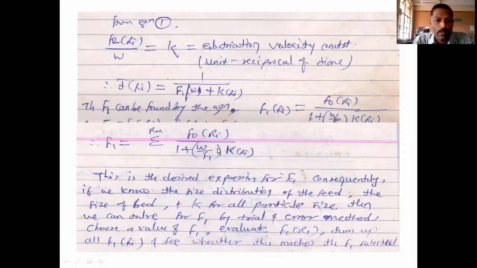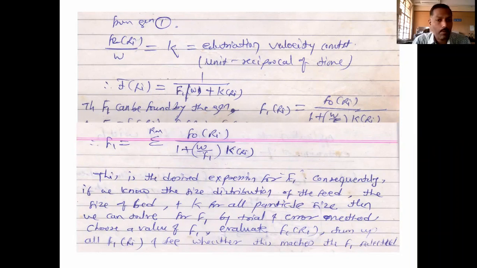Now we calculate the residence time T bar in the fluidized bed reactor for each size of particle. In a plug flow or packed bed reactor, the residence time will be the same. But in the fluidized bed, the residence time of each particle is different, because some of the particles are carried over from the fluidized bed with the gas stream. Hence, in the fluidized bed reactor, the residence time of different sizes of particles is different. So here we need to calculate the residence time for each size of particle.